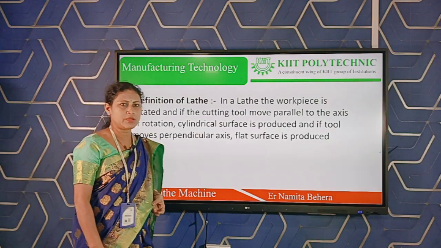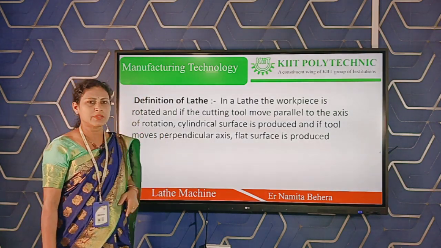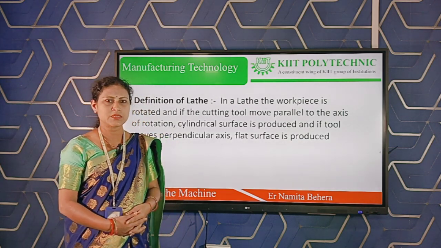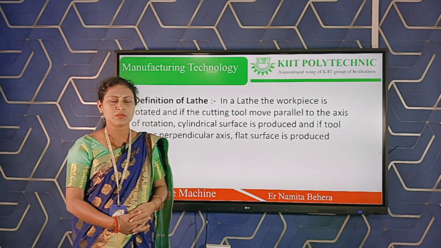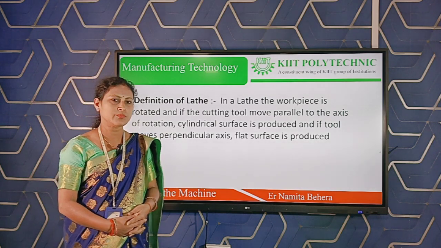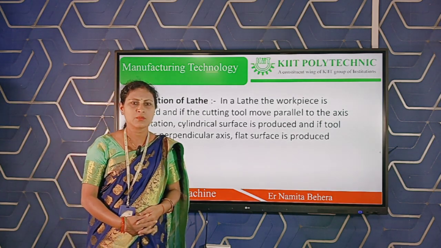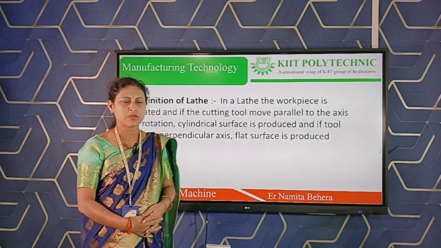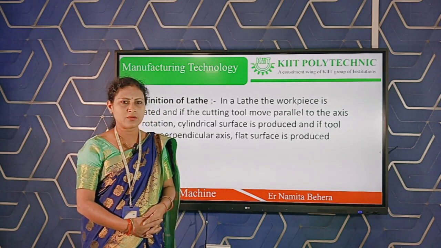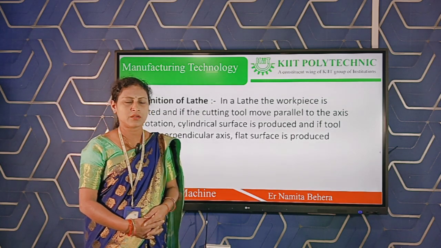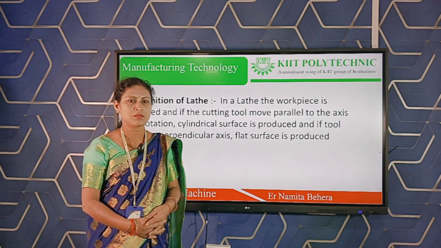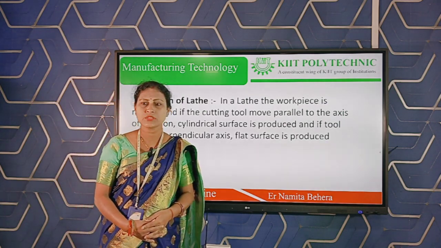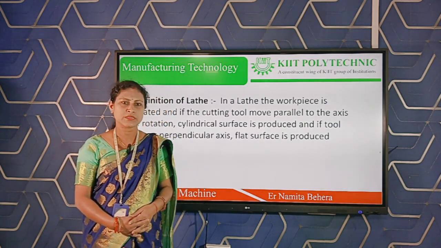So first of all, we have discussed that the lathe was the first machine tool which came to be useful as a machine using cutting tools, and thus it formed the basis for the production of cutting tools, which is a later development. It is also called a modern machine tool.